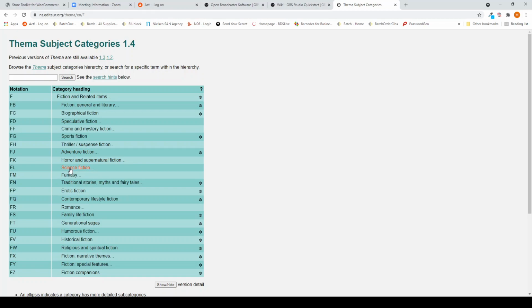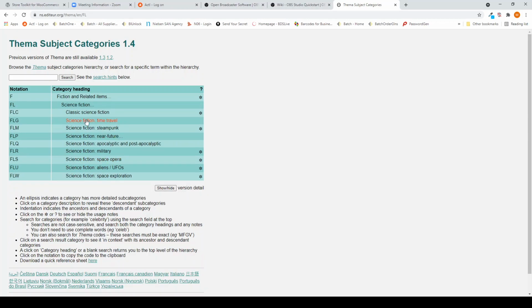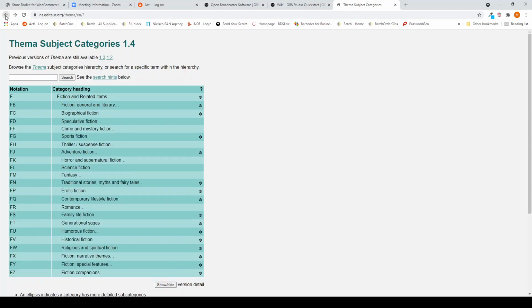So for instance, science fiction there, but science fiction, even that goes down even further. I doubt if many people have got further detailed categories like this, but certainly science fiction. So if you matched FL against your science fiction category, that means that every time that you order in a new book that has FL in the Thema Code, it will automatically get pushed against your science fiction. So that means